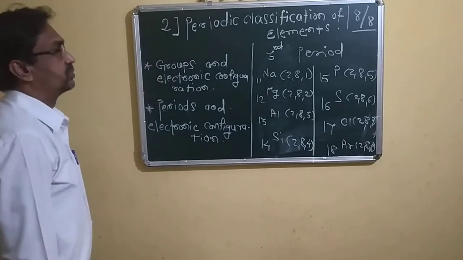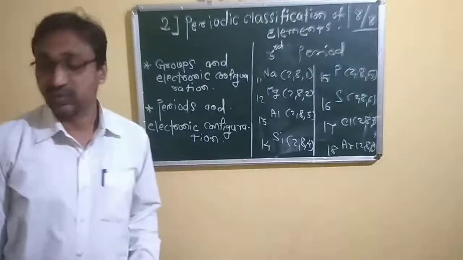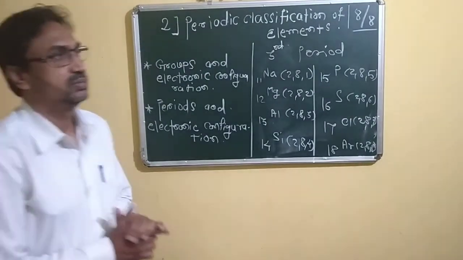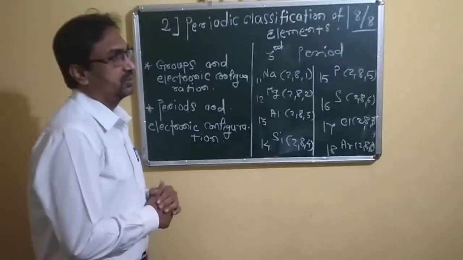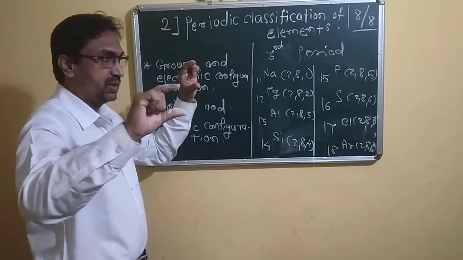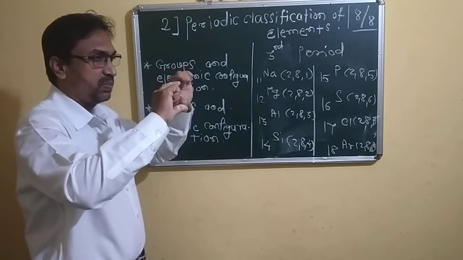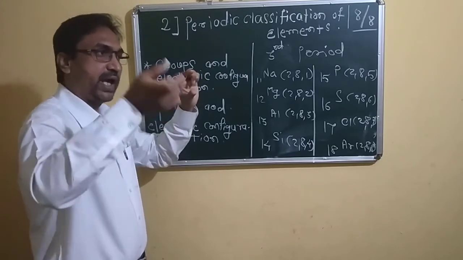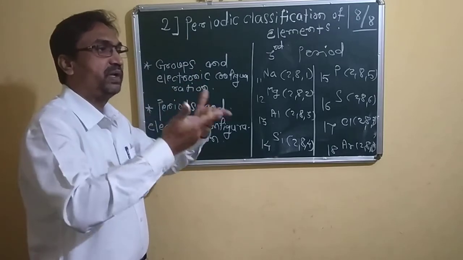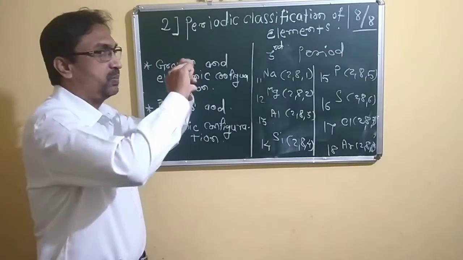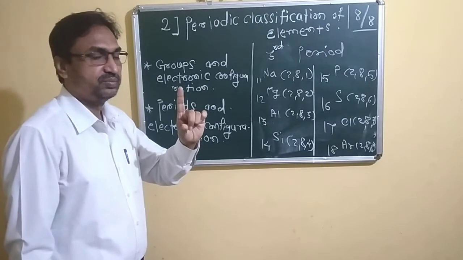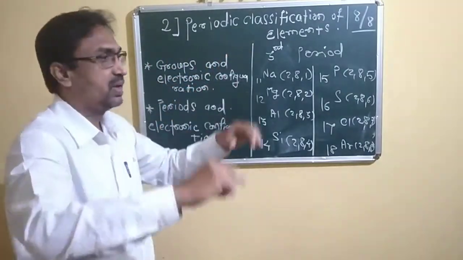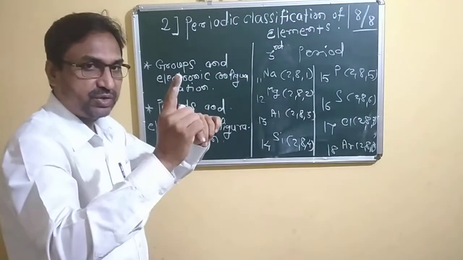So what do we have to analyze? We have to analyze that in a period, for the same period, the same number of shells are there which these electrons occupy. After they are occupied, in the next period we can see the next shell. In the first period, only one shell is there. In the first period, hydrogen and helium, only one shell is there. Okay. After that is 2, that is duplet.